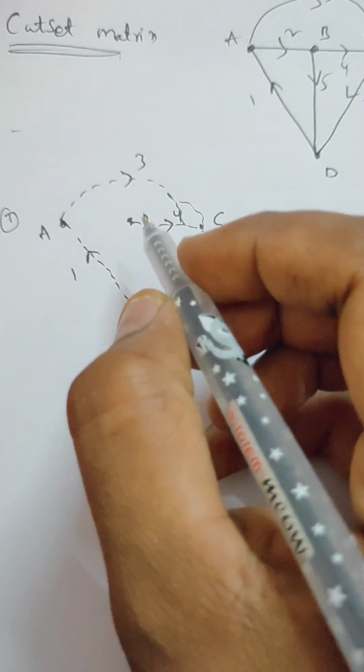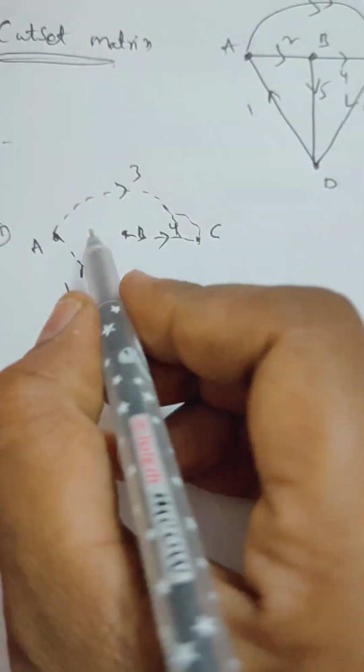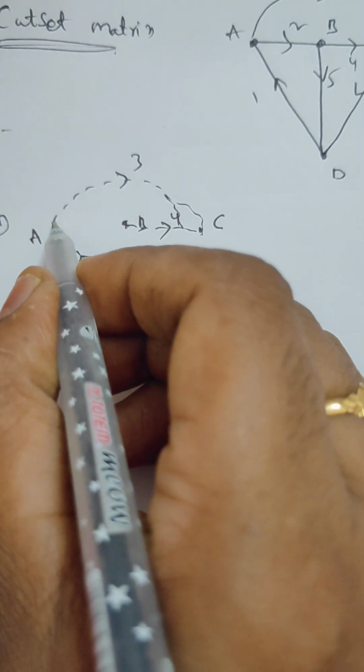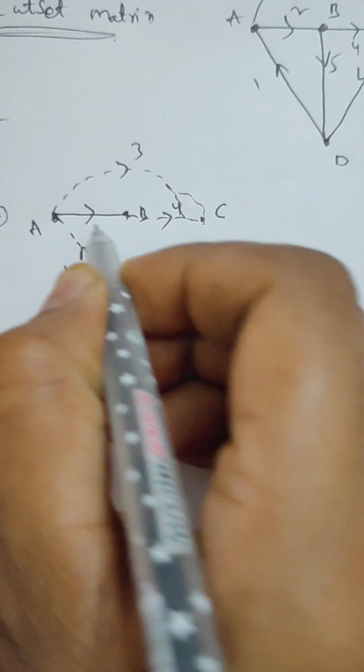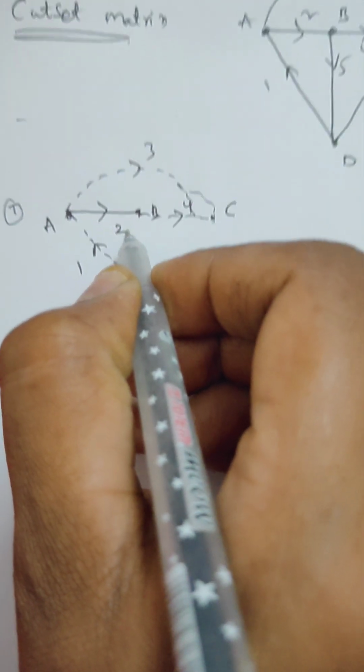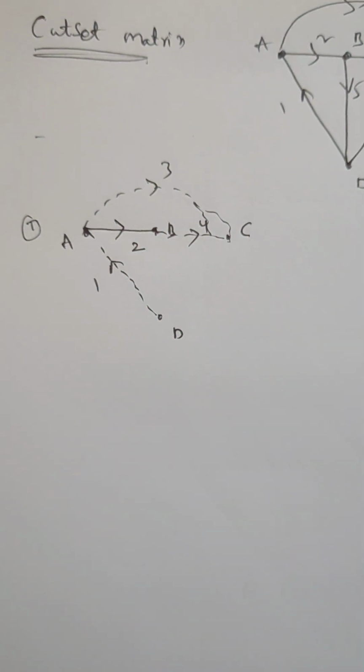Okay, in this one we have to consider one twig. So here I am considering this twig, its branch number is 2. Now we have to cut this cut set